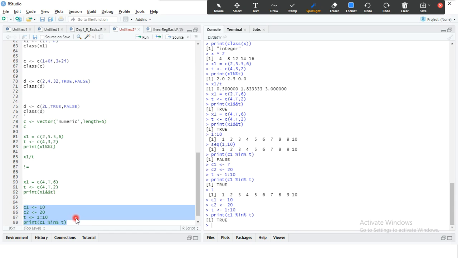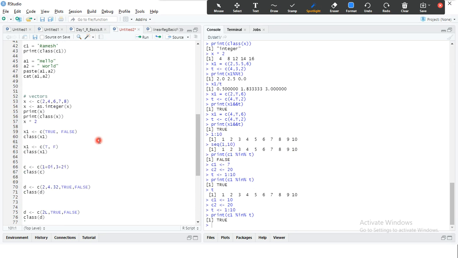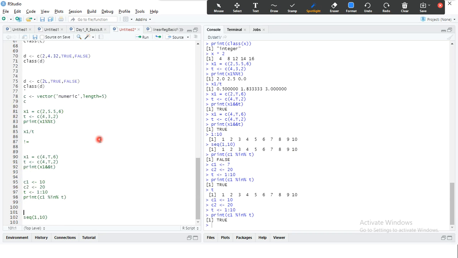Maybe I did not execute t and c1 earlier. Yes, I did not execute c1 earlier. It should have given me an error. Okay, so now I executed all these things.